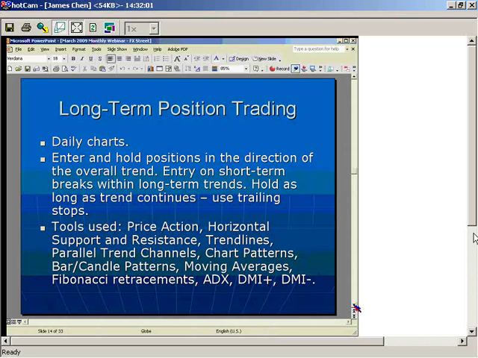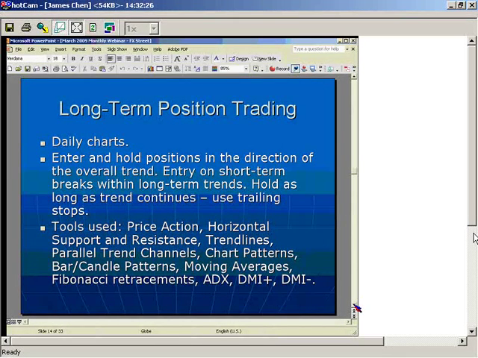Short-term breaks. What do I mean by that? Breaks of patterns, breaks of short-term trend lines, breaks of short-term support resistance lines in the direction of the long-term trend. You're playing those breaks, and then you're holding as long as the trend continues. Okay. The tools used: price action, of course,